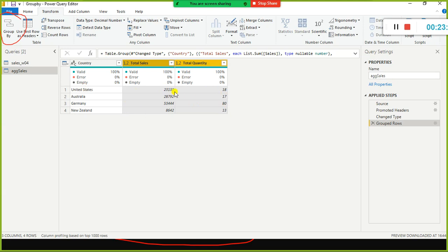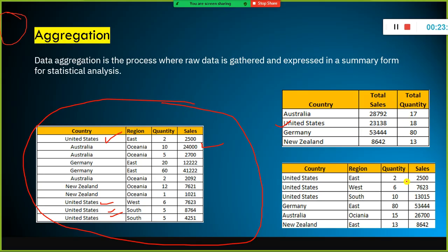It shows how we did the summarization for the country column, right? So we have done the summarization for the quantity column also by country. Look here. In this case, for United States, we have 2, and 6 plus 2 is 8, 8 plus 10 is 18 units. So the total number of units or quantities that we sold by country, we can see it here.